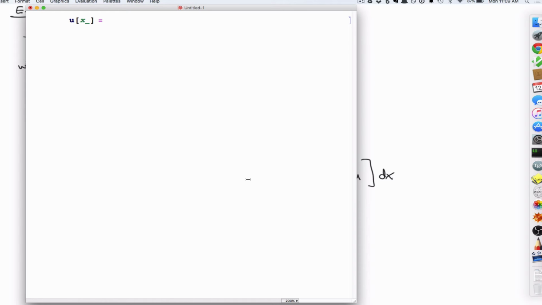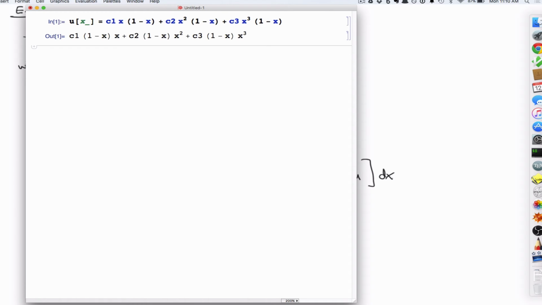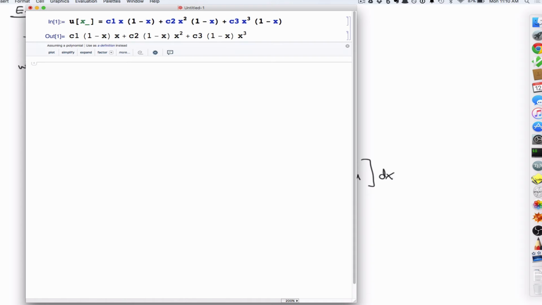So u of x is C1 x (1 minus x) plus c2 x squared (1 minus x) plus c3 x cubed (1 minus x). Okay, so then